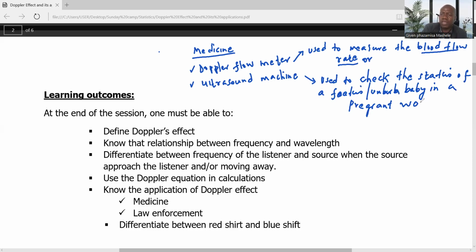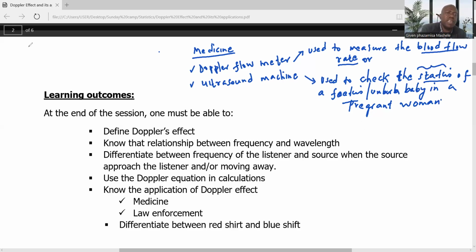So it's very important to know that. Usually if they want to check the way the baby is positioned, and in general cases where they want to check whether it's a boy or a girl, those kinds of things, then they use the ultrasound machine to check the status of the fetus or unborn baby